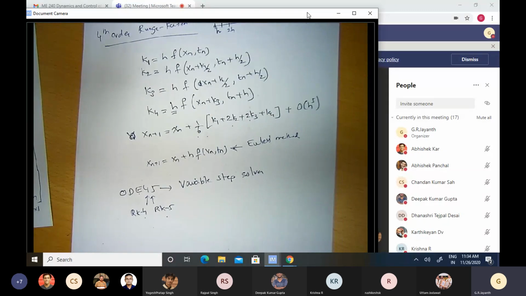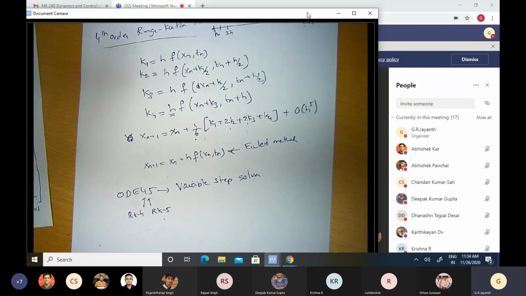Because there will be some improvement in accuracy, but if the time step is adequately small, that improvement will be exceedingly small, 0.001% or whatever. Okay. Then the solver knows that the time step is adequate for this problem.